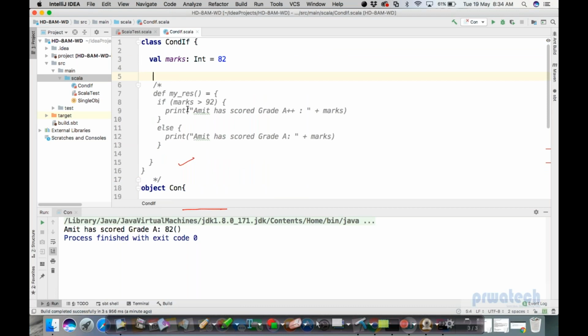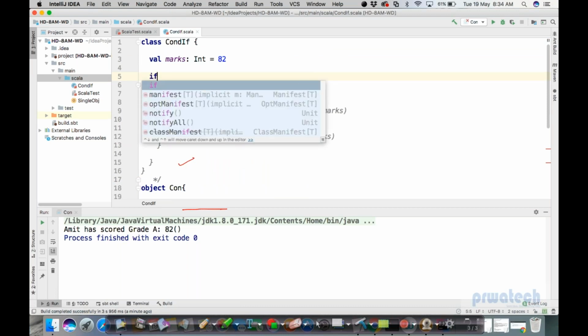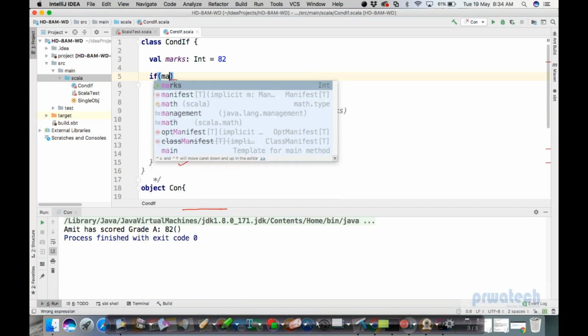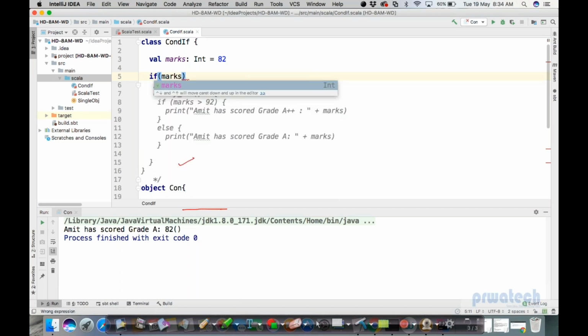I'll say if marks is more than equal to 90,